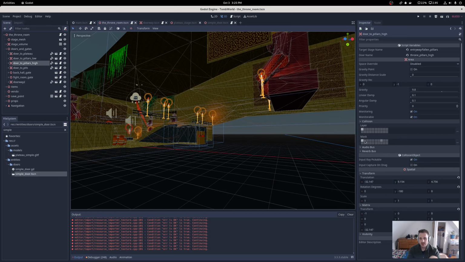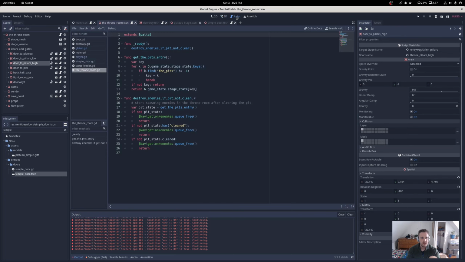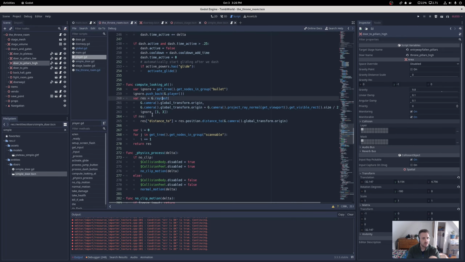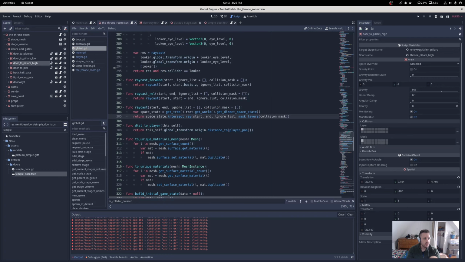But these are actually just an integer, right? Where an integer is like 32 or 64 zeros in a row. And so we set bits, right? So you can see here bit 0, bit 1, bit 2. In that popover, it says collidables bit 2 value 4. So which bit is 1 or 0 in your integer defines this mask. And doing that math on the fly was a little bit annoying for me. So I built a helper function that will take an array of, say, layers 1 and 3. The helper function